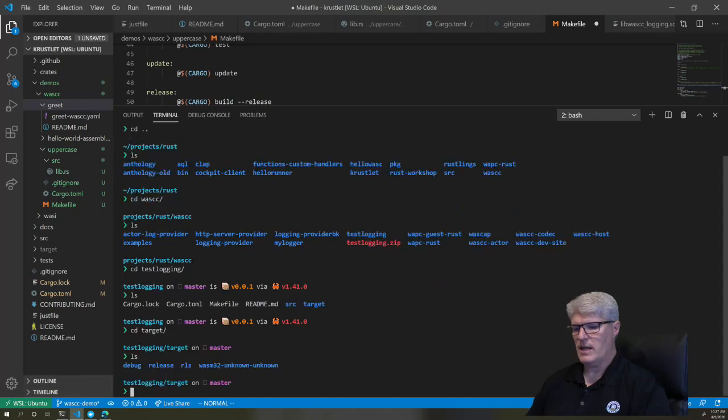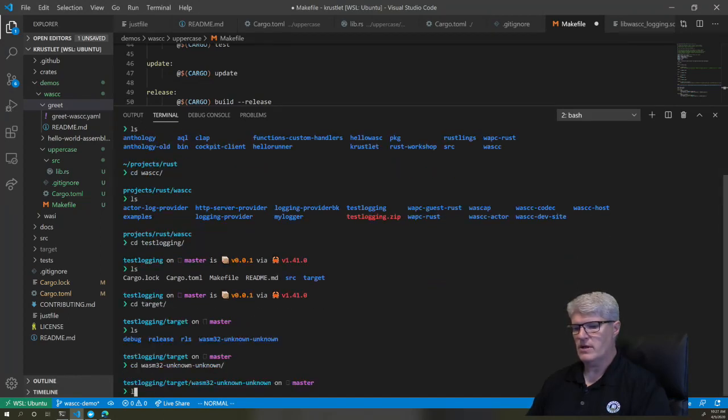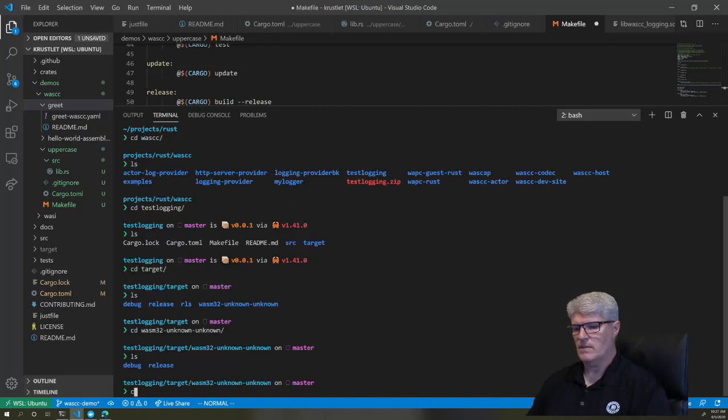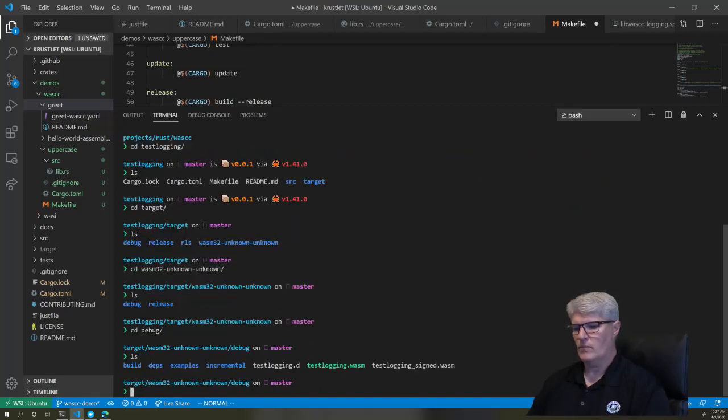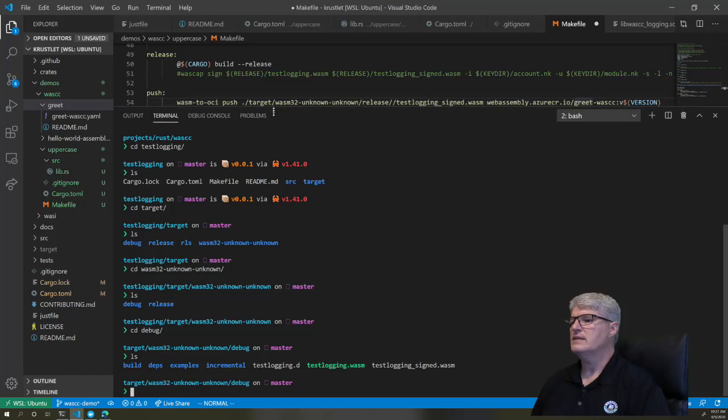So if we go look at an actor that I've already built, I built this actor, test logging.wasm, and then this Makefile signs it, and it signs it using